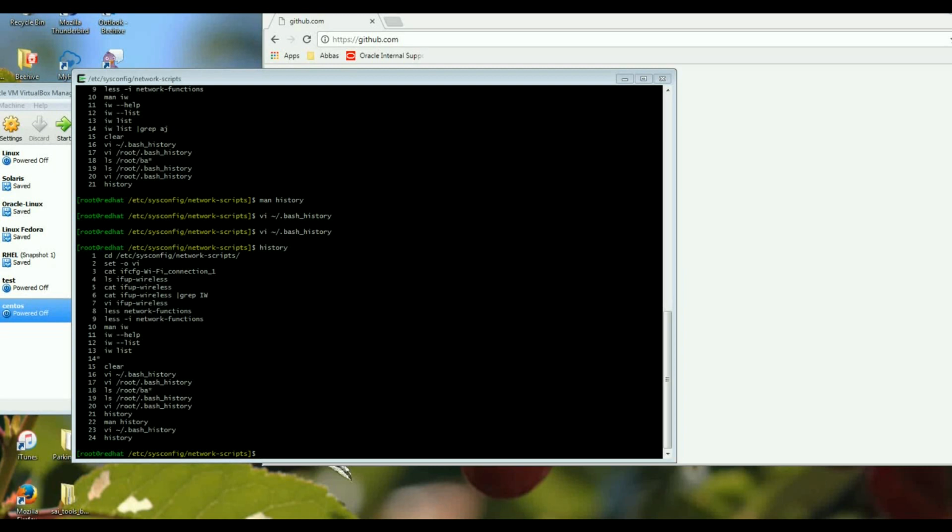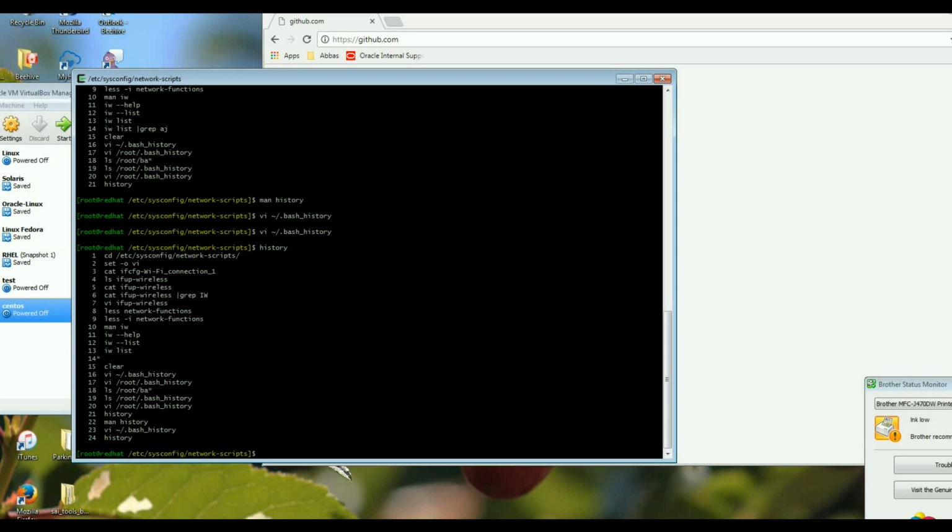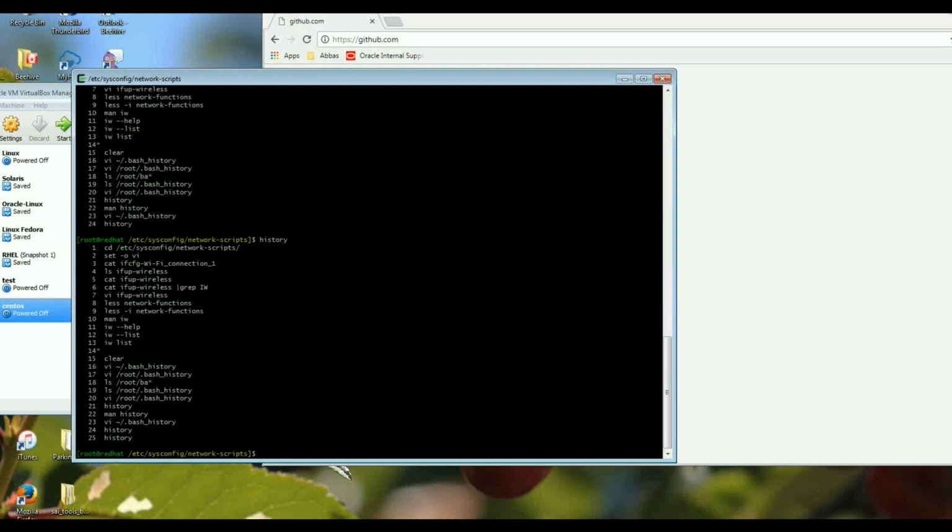So let's go to this Cygwin terminal. I've connected via SSH to a Linux box, and I'm doing a couple of things there. Let me just get rid of this. And if I look at my history, there's nothing to be worried about, but just for the sake of this example, say number 17 I